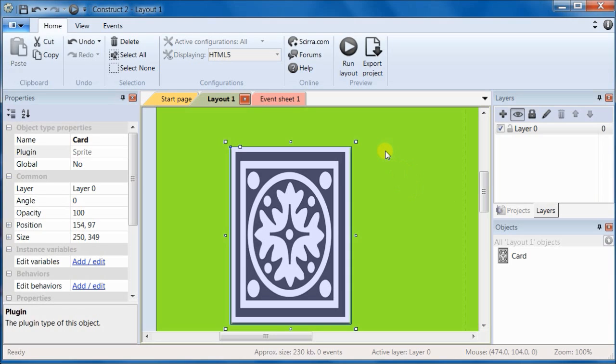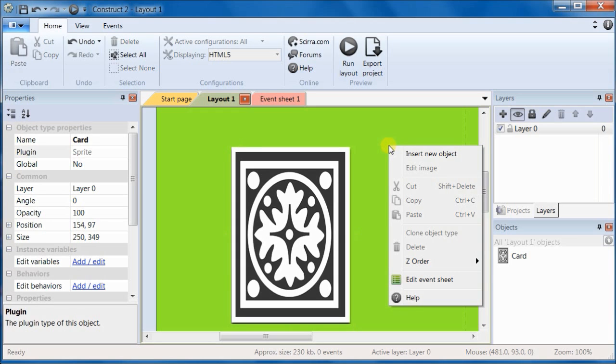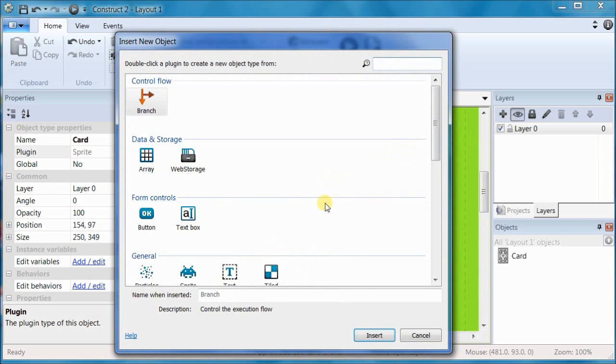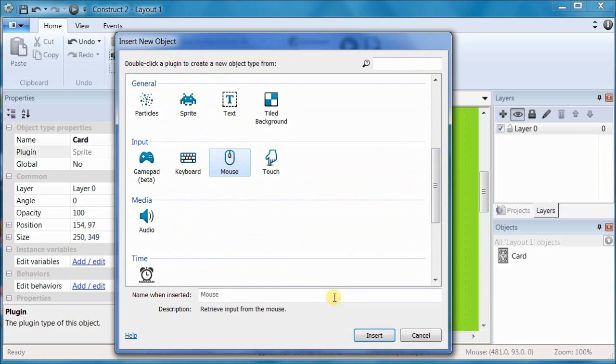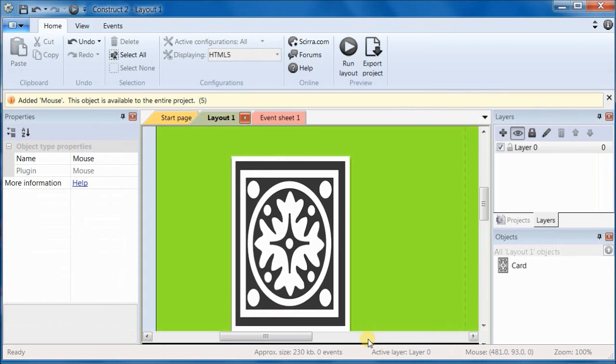The first thing you need to do before you can make the card respond to a mouse click is to insert a mouse object. So right-click on the layout, insert new object, and scroll down to the input category and choose mouse. All right, now we're ready to add